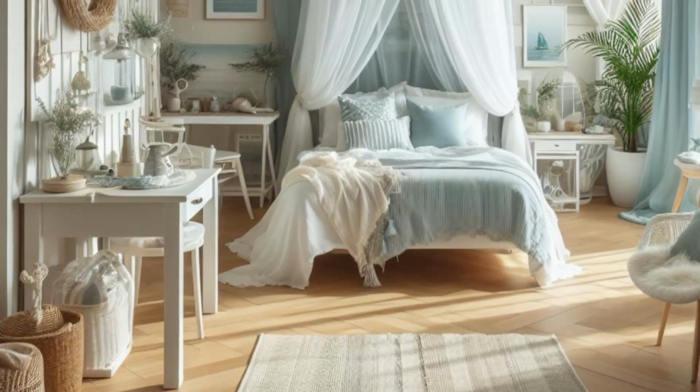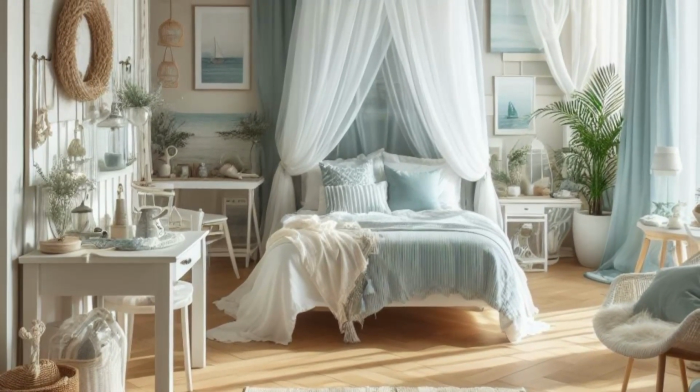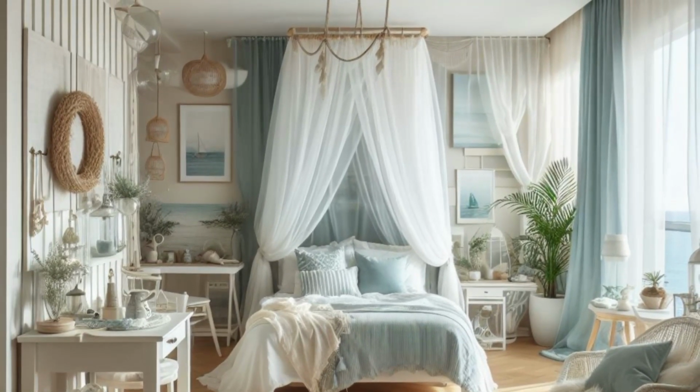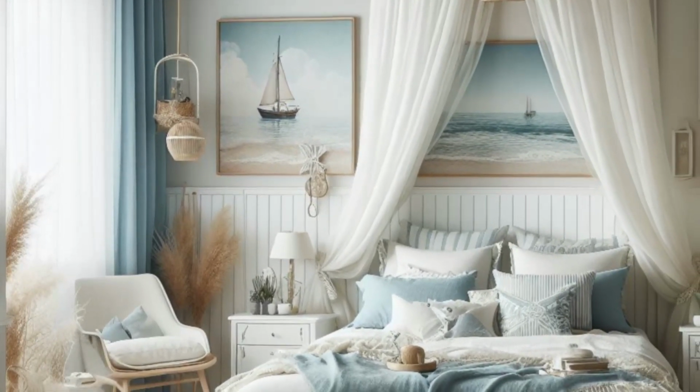Step into this serene coastal escape, where tranquility meets seaside charm in the heart of your apartment bedroom. Soft blue hues wash over the space, like gentle waves caressing the shore, creating a sense of calm and relaxation. Natural textures, from woven rugs to rattan accents, add a touch of coastal elegance, evoking the feeling of sand between